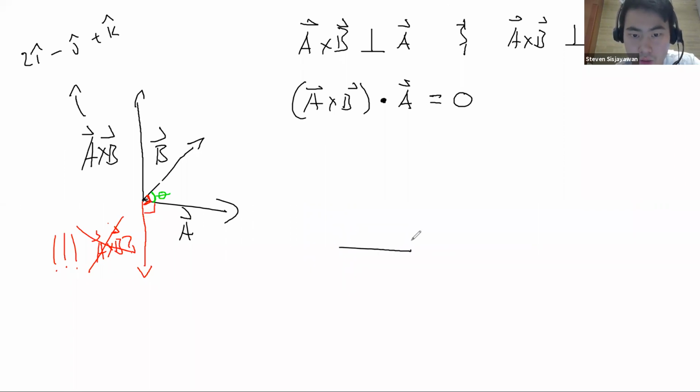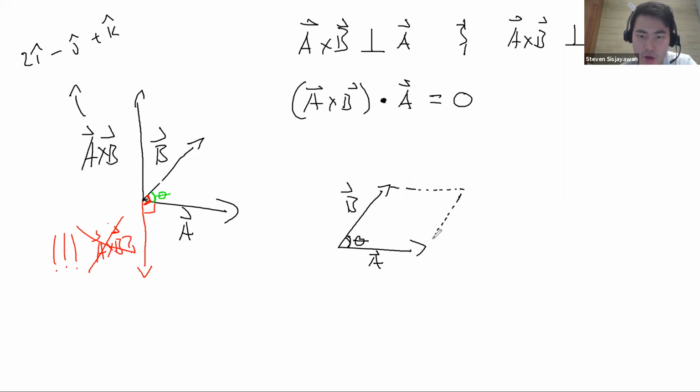So A is going this way, and then B is going this way. Again, they're vectors, so I'm just going to write down that this is theta. Okay. So another question, other than finding what A cross B is, and finding the direction of the new vector, another question they might ask is, as I think you guys have covered before in recitation and lecture